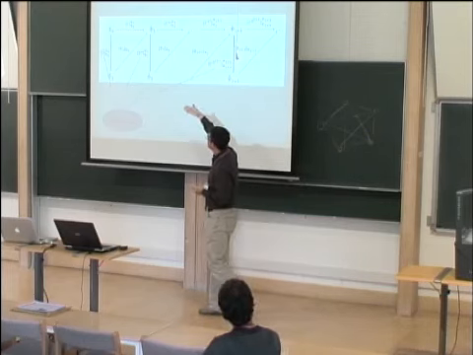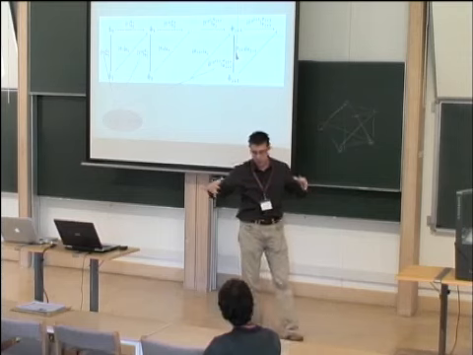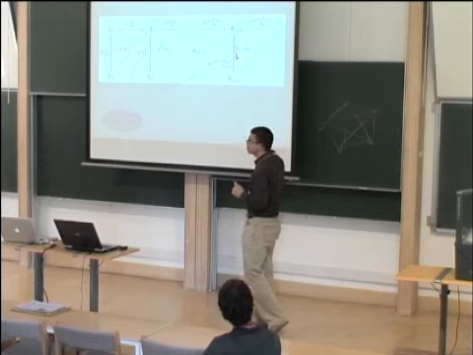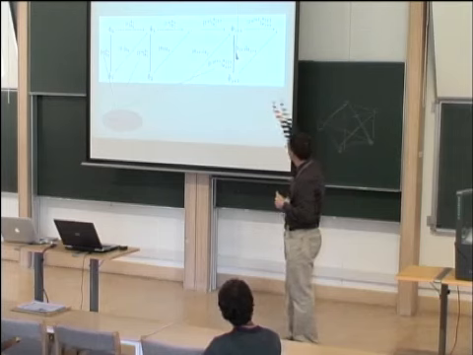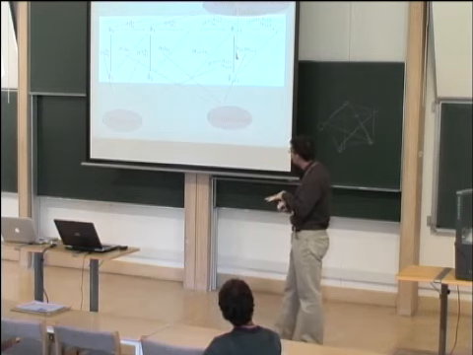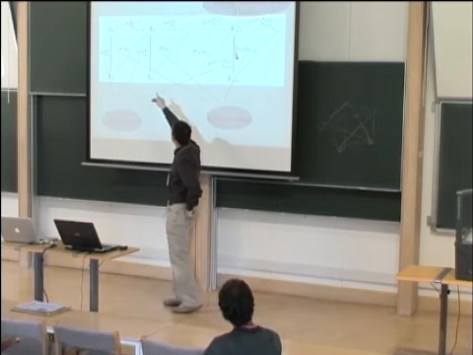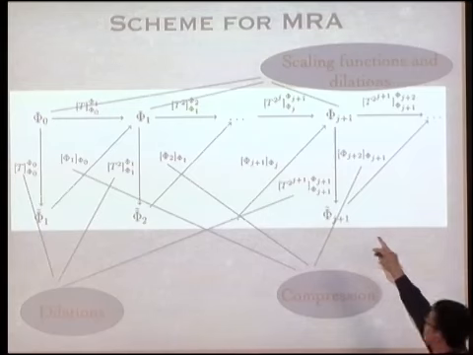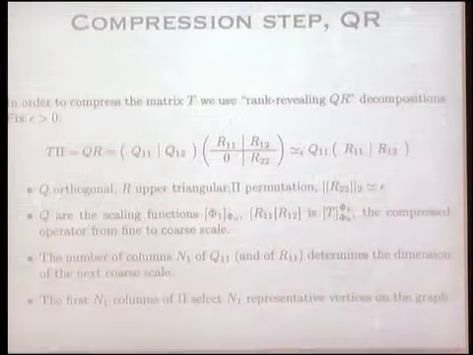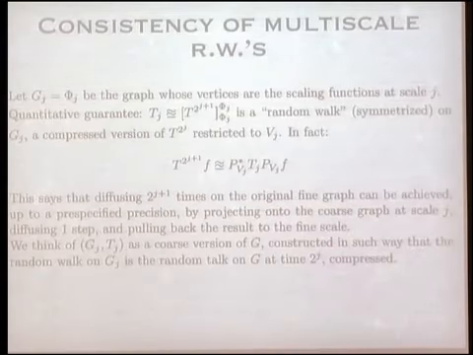And then we simply repeat. We're going to diffuse these new bumps 2 steps. We're going to get even wider bumps, and we're going to select a good subset, downsample, and we'll keep going like this. And in this way, we obtain multiple scales on that graph. And while we do that, we also compute these powers of the matrix T, T squared and T to the 2 to the j, represented on these new sets of bumps. And these are the compressed diffusion operators at all scales. The details are not terribly important, and I will skip the matrix factorization that does all of this. But let me tell you that the construction actually has some guarantee.